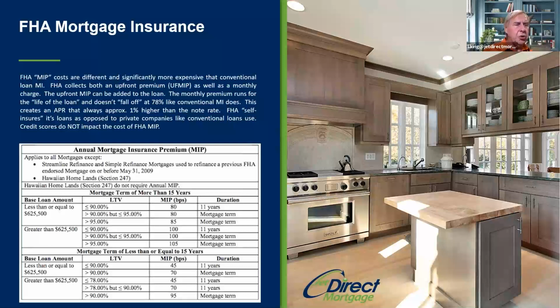Don't look at this and get all confused. 95% of all loans you do in this country will come under one category. That's the top box, mortgage term more than 15 years, because virtually every FHA loan you do is a 30-year loan. It's going to be less than or equal to 625.5, and it's going to be greater than a 95% LTV. Okay? 19 out of 20 loans. Okay, that's probably a little much. 9 out of 10 FHA loans that you do in your entire career will be a 3.5% down loan under 625,500,